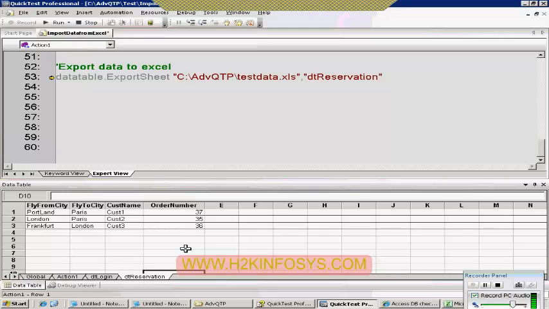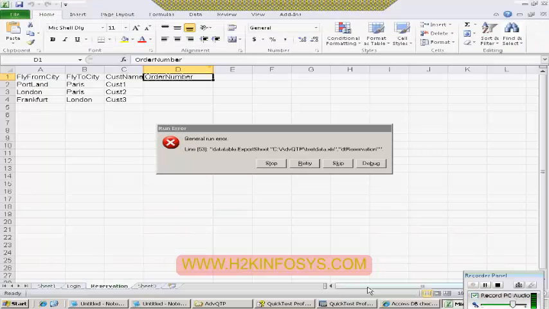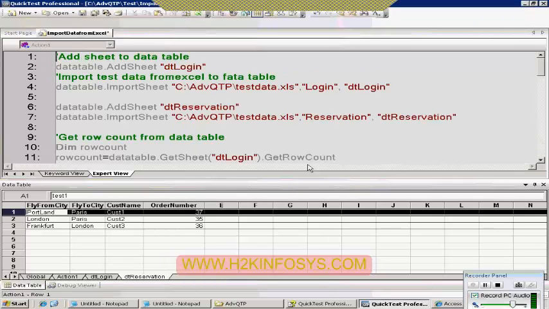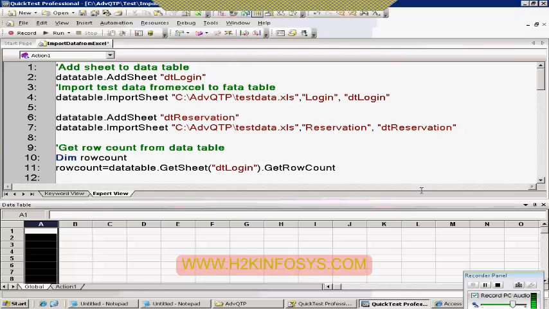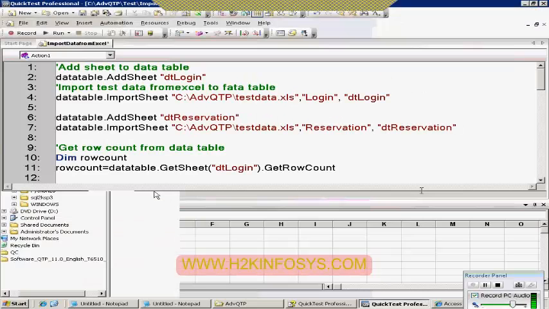This data table is going to export back into the Excel, this particular line. So if you press F5 now, oh sorry, it's opened. Okay, now if you go and look at your Excel sheet,